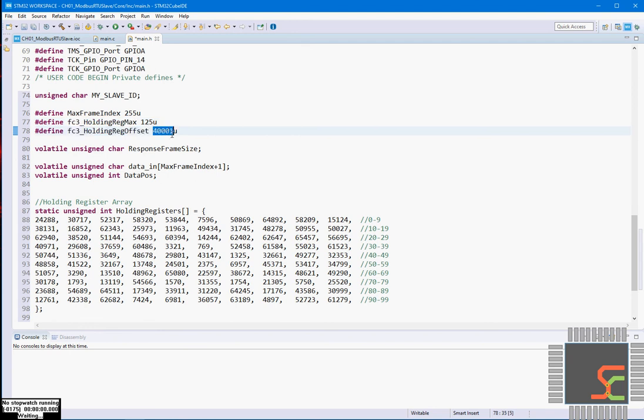We will not go into lakhs, we will be in thousands. So 40,001 means, suppose the Modbus master requests function code number 3, address number 4, this means the actual register number is 40,001. I'll show you.